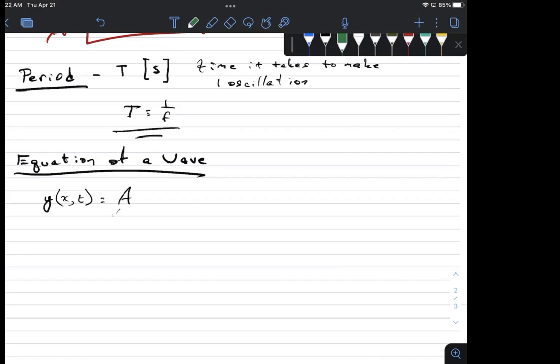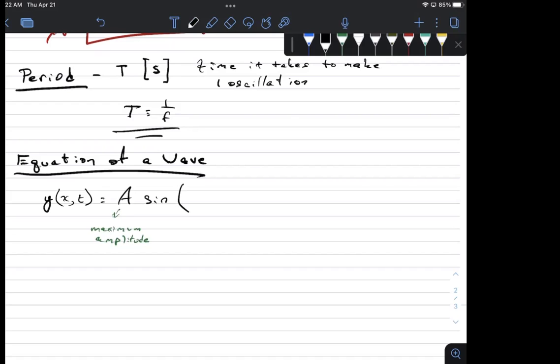A is a number, and this is called the maximum amplitude. This number is the highest the wave can possibly get. So we know the wave will never get bigger than this number. This is the biggest the wave will ever be. That's the number I put here. So maximum amplitude, the biggest the wave can get, times the sine of,